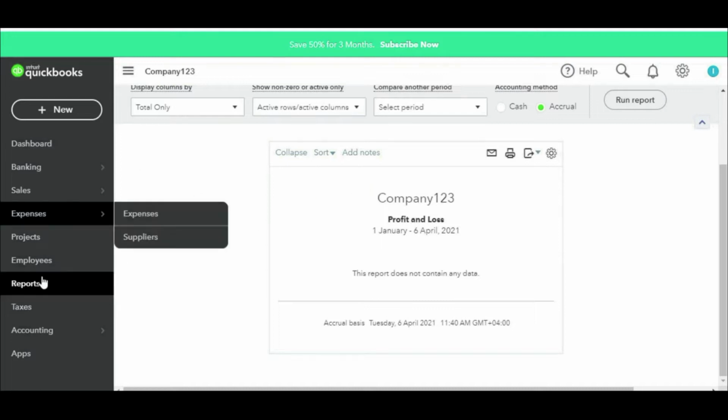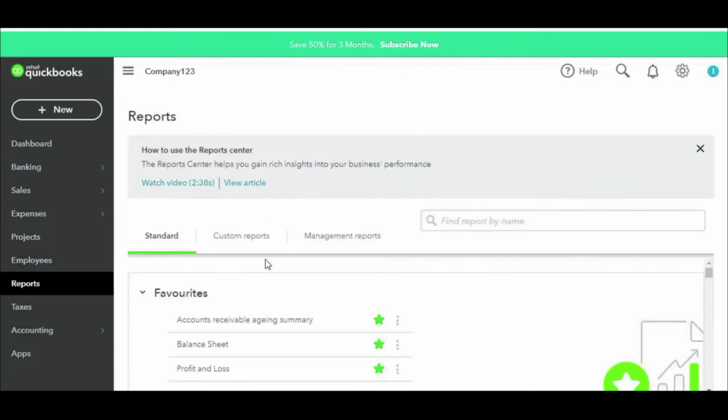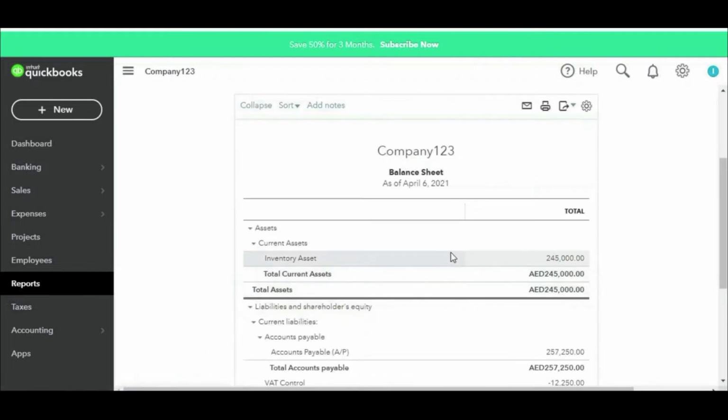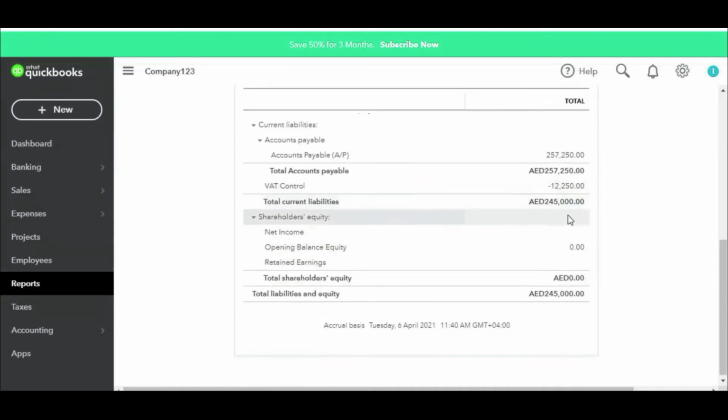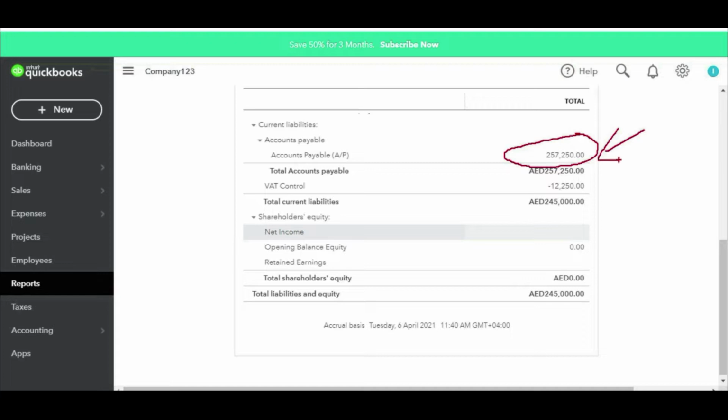Now let's see its effect on the balance sheet. In the balance sheet, you can see that we have inventory asset with 245,000, as I told you, without adding the amount of VAT input in the cost, because VAT input is your contra liability, not your asset in the inventory. And if you scroll down, you can see that this is your total liability that you have to pay to your vendor. So this is the total amount that you have to pay to your vendor,